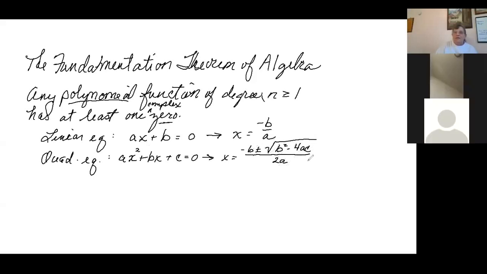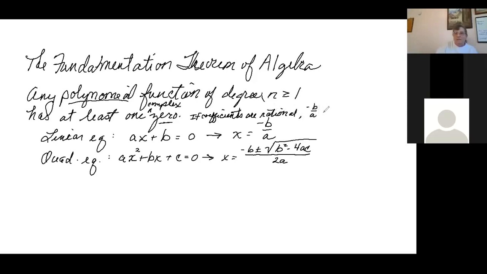Now this, the linear, is always going to have, assuming that your coefficients are real numbers, or let me say rational numbers, if your coefficients are rational on this one, negative b over a would be a rational number over a rational number, which is a rational number. In the case of a quadratic,